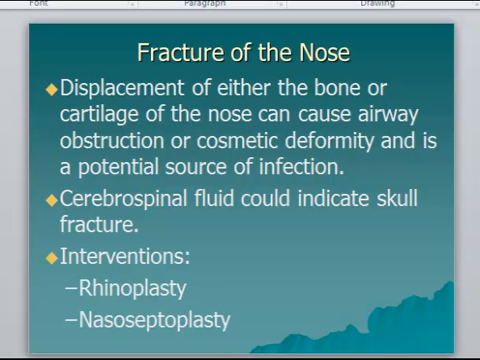So on assessment, we want to document any nasal problem, including deviation, any malaligned nasal bridge, a change in nasal breathing, crackling of the skin, especially what they call crepitus of the skin, and that's when air gets underneath the subcutaneous tissue and you can actually feel the